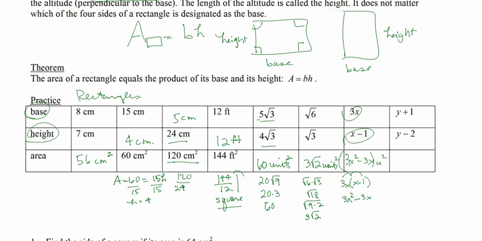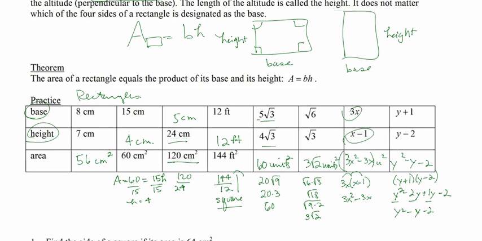And then let's see, y plus 1 and y minus 2. Y plus 1 times y minus 2. When I multiply a binomial times a binomial, I should get a trinomial from foiling. So let's see, y squared minus 2y plus 1y, firsts, outers, inners, and then finally lasts, or y squared minus 1y minus 2